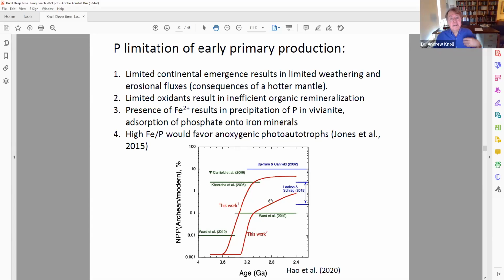Under those conditions, there's very limited weathering and erosion, which is what would generate phosphates, an important nutrient to go into the oceans. And also, because there was no oxygen, there was very little in the way of oxidants that can actually recycle organic matter once it's made. There wasn't much sulfate, there wasn't much nitrate. And so under these conditions, the amount of phosphorus that would be available for primary production would be rather small and might favor